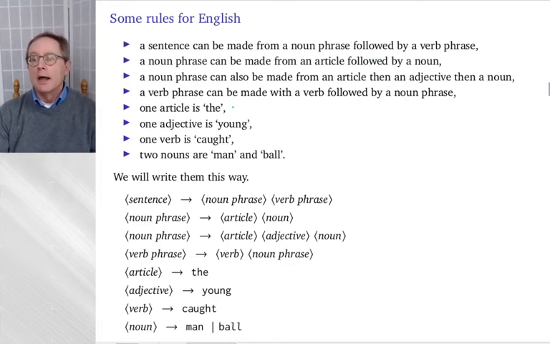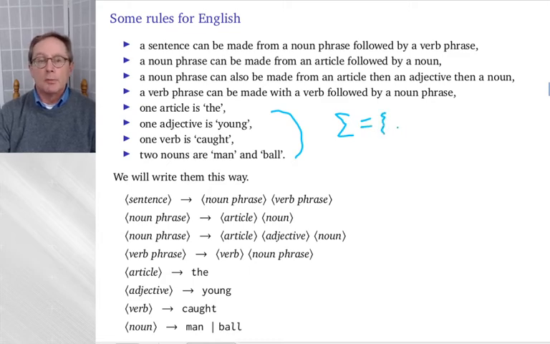We're hitting bottom now. An article is the word the. The is an article. An adjective is young. One verb is caught. There are lots of verbs, and one of them is caught, and two nouns are man and boy. So what we're looking at down here is that this here is the basic part of the language. This is the alphabet for the language. You can't break THE into T or H or E when you're making sentences. That's not how it works. THE is atomic as far as English is concerned. That is to say, this is what we would call in everyday life a dictionary, but for the purposes that we're talking about, this is called the alphabet. So THE is a token. It's indecomposable. It's atomic. Another one is young,